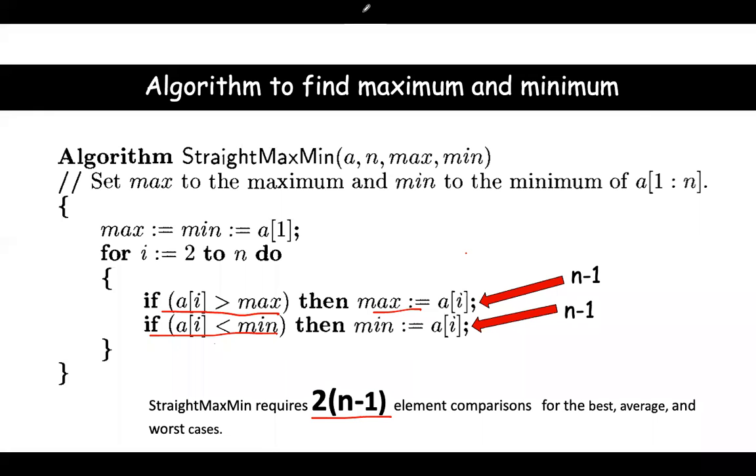Big O of what? Say average best case for everything, it is nothing but big O of n. Is it clear? For this algorithm, complexity is theta of n or big O of n or omega of n, anything, because for all the cases, that is same. Number of times the basic operation executes is 2 into n minus 1. Constants will leave, so it will be big O of n.